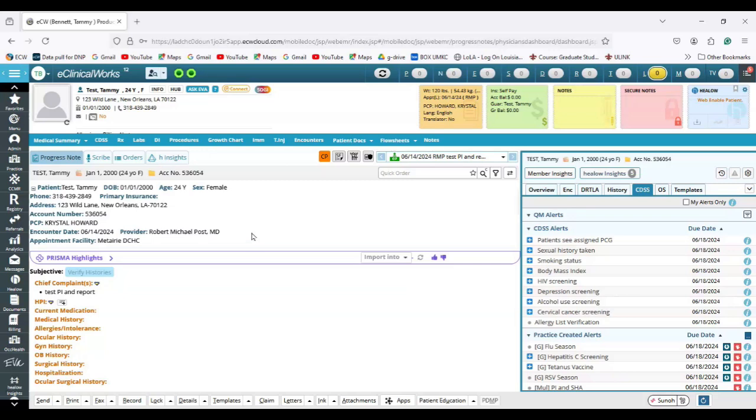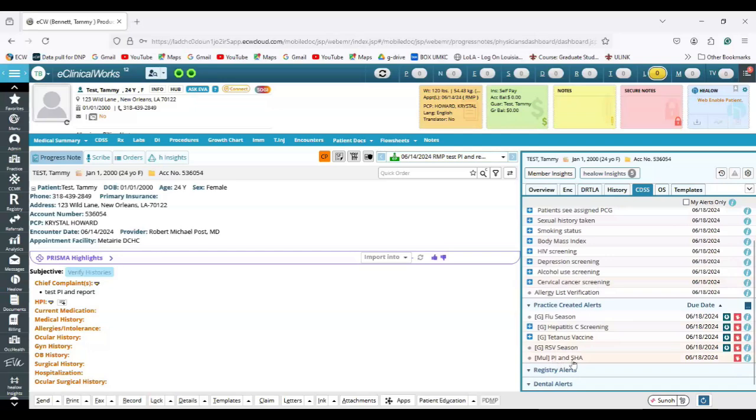So welcome to the live demo in eClinicalWorks. I pulled up the test patient, and I would like to show you where you can find the practice-specific alert. If you go over here to the right under CDSS, you will find PI and SHA. If that has been done in the last month, then you will not see that practice alert. But if it has not been done on any female between the ages of 15 and 44, you will need to complete this. To complete it, you click template,